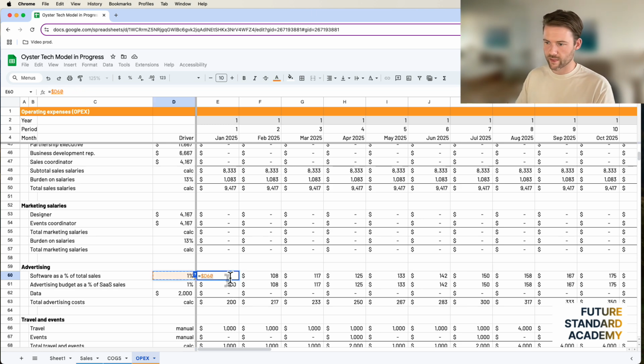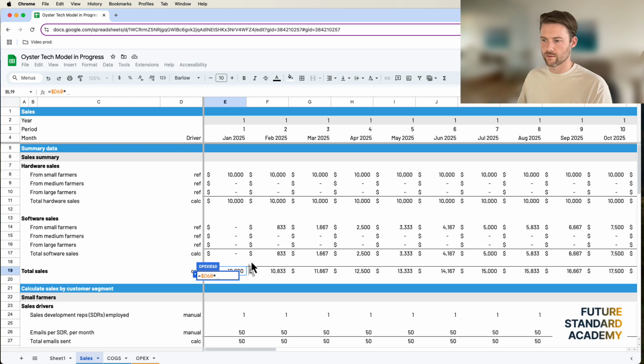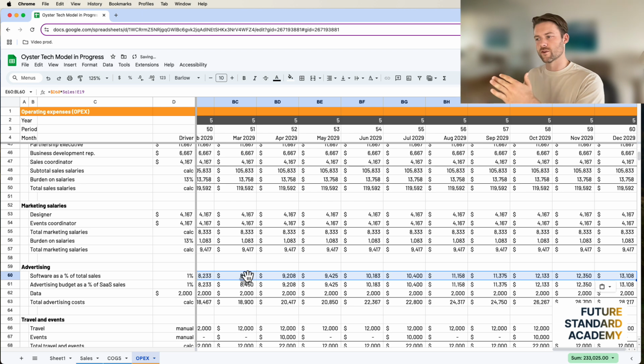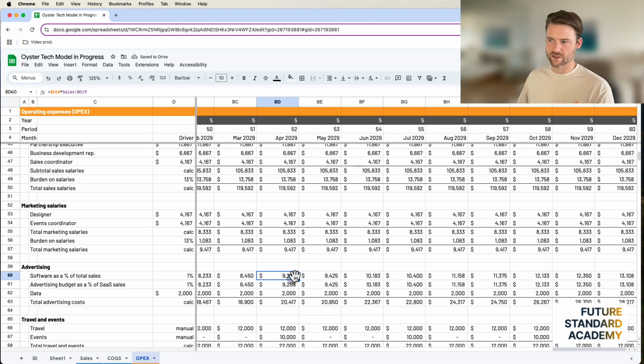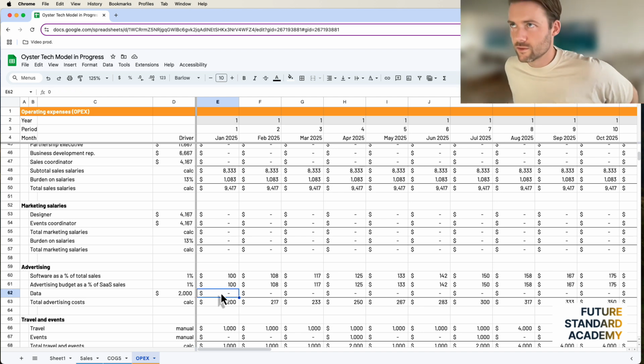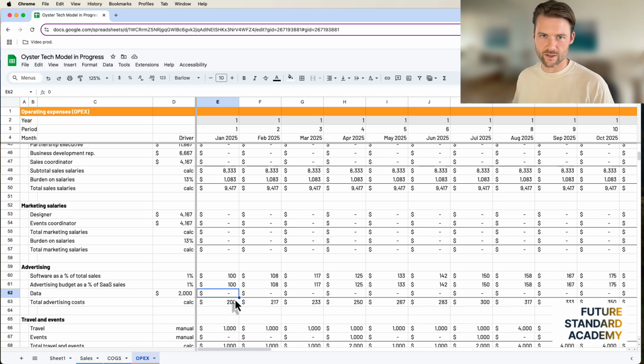1, 2, 3, lock that one in. I need to multiply by sales, Jan 25, right? Okay, that's that. And then I know when this flows over, I'm referencing apples to apples. The April 2029 percentage is actually agreeing to April 2029 sales. Very important to get those things right, because the last thing you want to do is show anyone else a messy model, and then they're going to have absolutely no confidence in it. And neither should you as the decision maker, right?